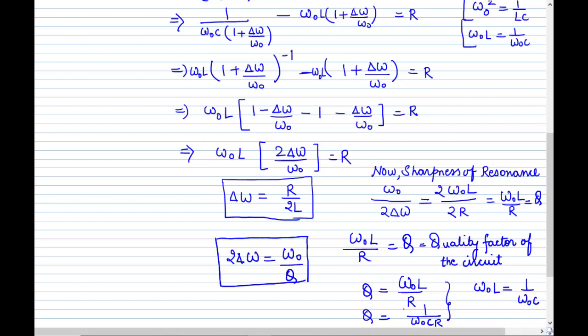So we have done with the sharpness, we have done with the quality factor. Now we will also do the power in AC circuit. These are simple mathematical expressions. You have to do simple mathematics and you will get all these. Always remember what is sharpness, what is omega naught, what is bandwidth, and what is quality factor. So after the quality factor, we will do the power factor. So let us quickly go to power factor.